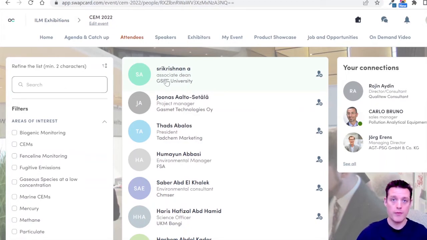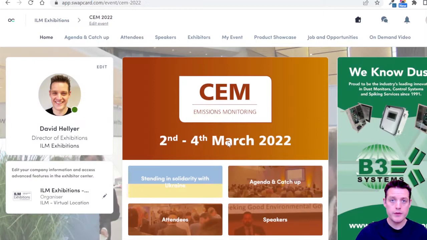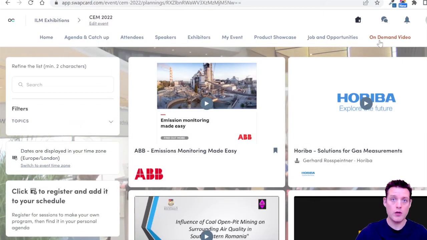For the posters and the on-demand video presentations, we'll host these in their own on-demand video library. These will be available before the event, during, throughout the whole week as an on-demand basis, and after as well. Everything will be archived on here for at least 6 months, most likely longer, where you'll be able to go back in and watch this content.